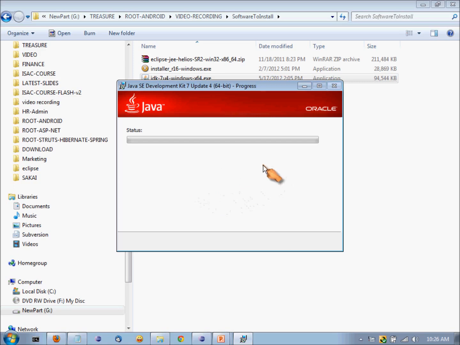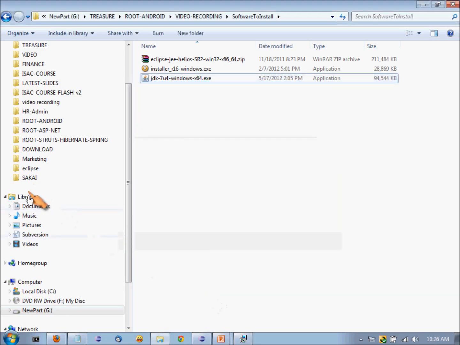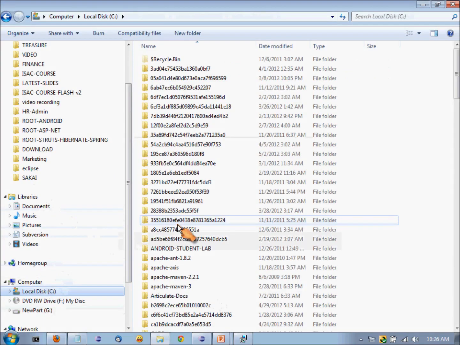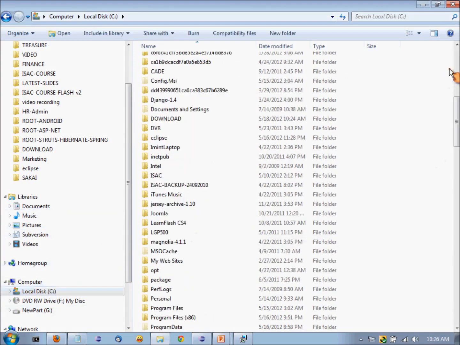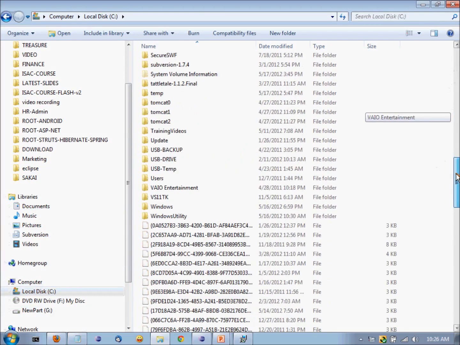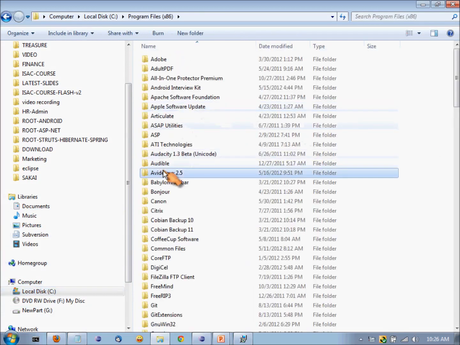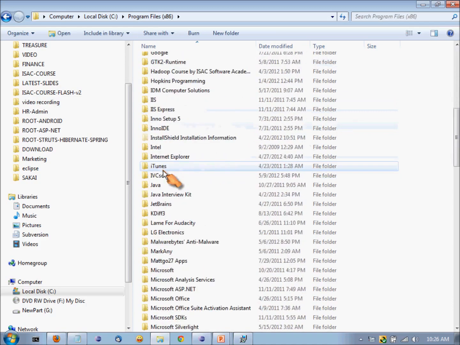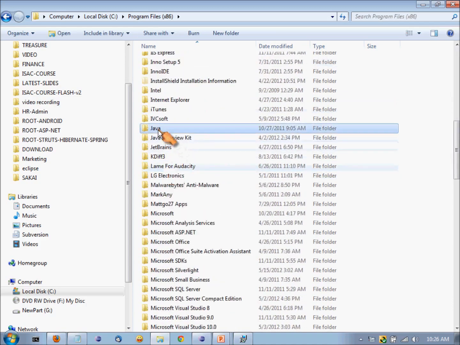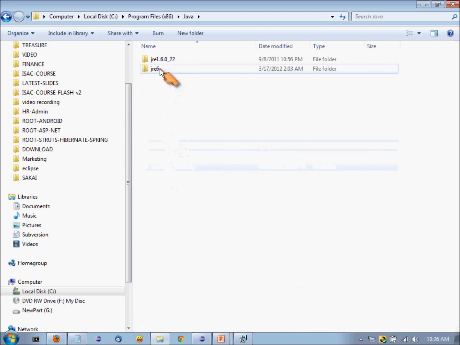So what I would do is that I will just go ahead and cancel this, because I have already installed JDK for you. So I will show you that. So let me just show you where I have installed JDK. So in C colon program files, I have Java installed here, and here is